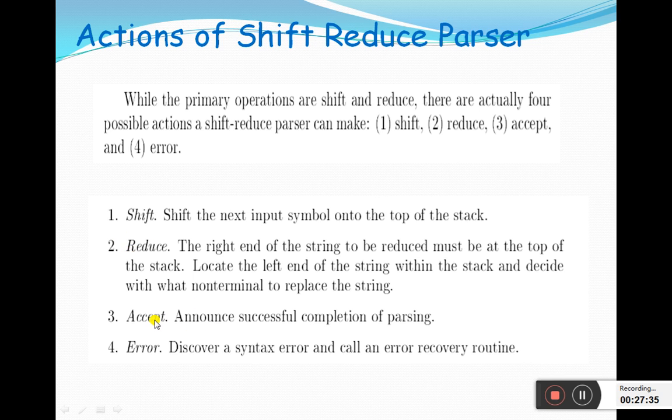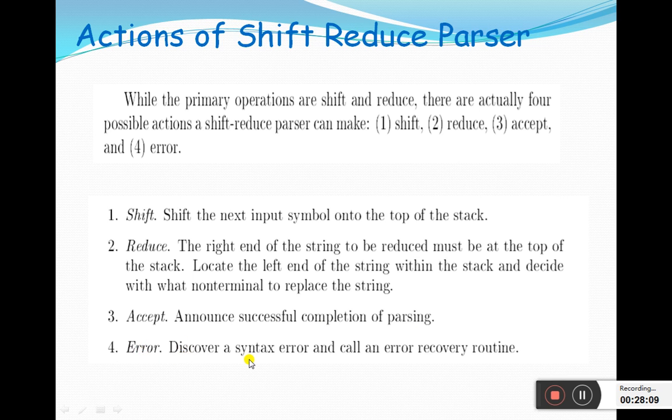Accept is another action. It happens after the entire string is processed and announces successful completion of parsing. If the string is syntactically valid, the parser will accept the string, announcing that parsing is successful. That means construction of the parse tree is done successfully. We have one more action called error.